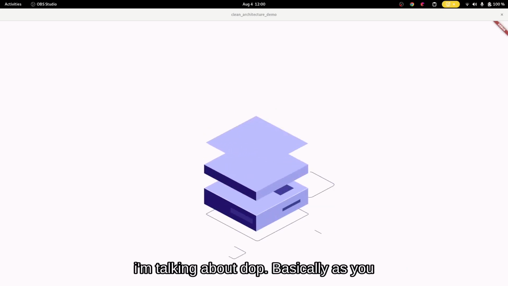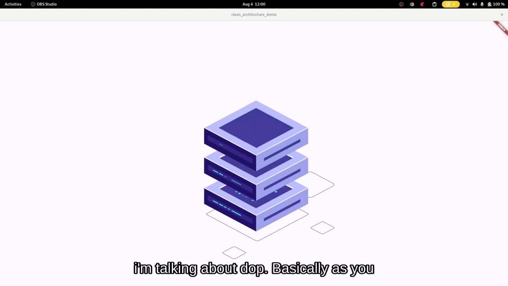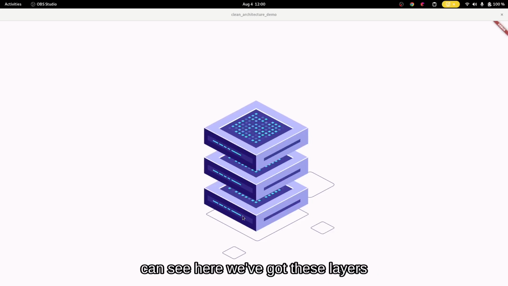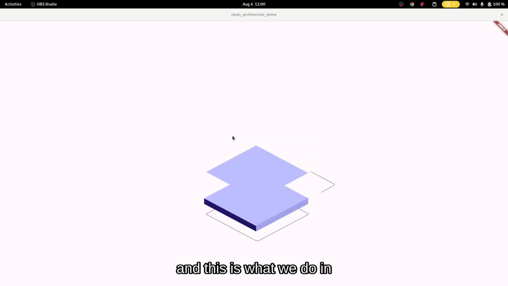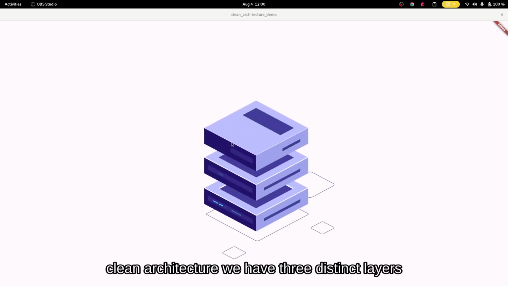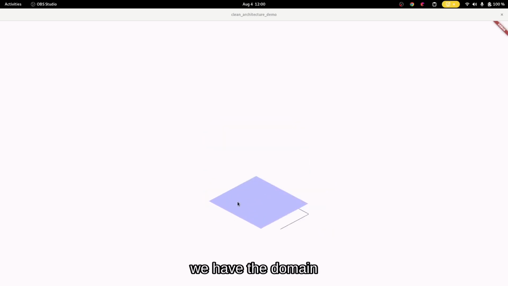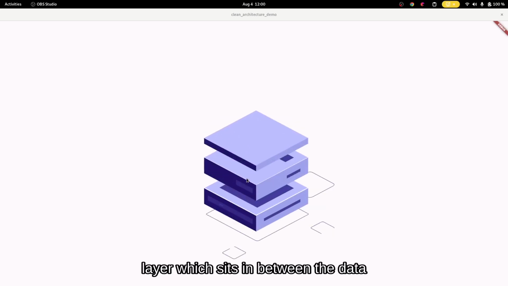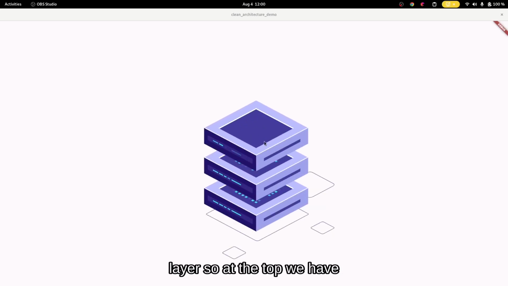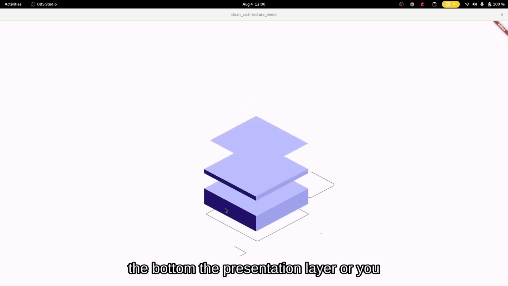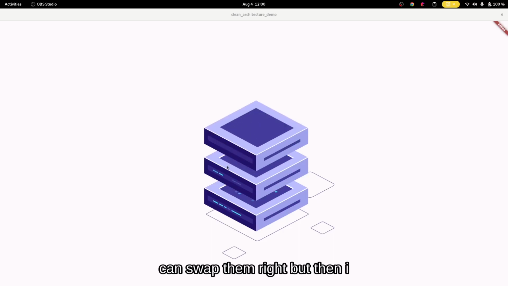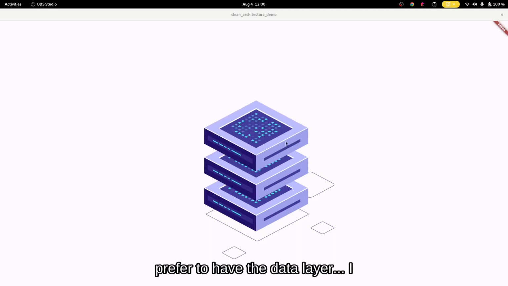what I'm talking about. So basically, as you can see here, we've got these three layers. This is what we do in clean architecture. We have three distinct layers. We have the domain layer, which sits in between the data layer. So at the top we have the data layer, and at the bottom the presentation layer, or you can swap them, but I prefer to have the data layer